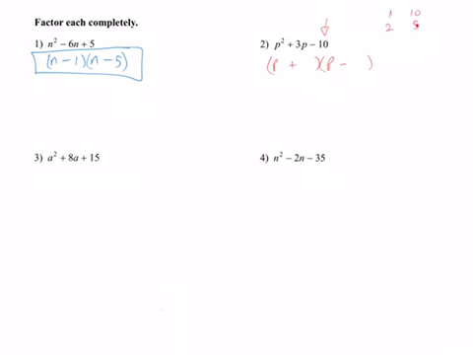What about 2 minus 5? 2 minus 5 is negative 3. Not that, but 5 minus 2 gives me positive 3. So that means I want to write the 5 in the positive spot and the 2 in the negative spot, because whenever I FOIL, and we'll go ahead and FOIL that out, first is